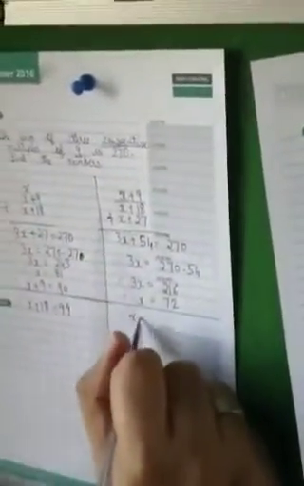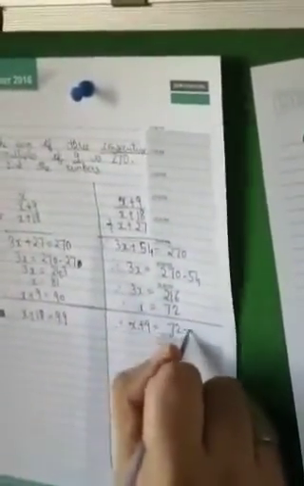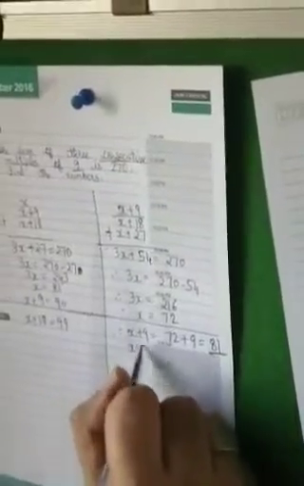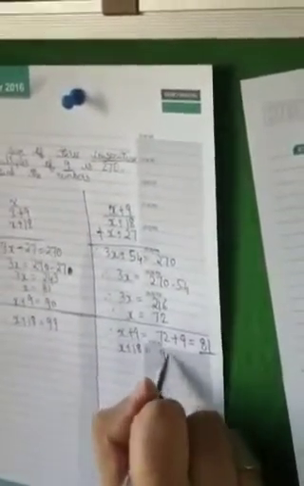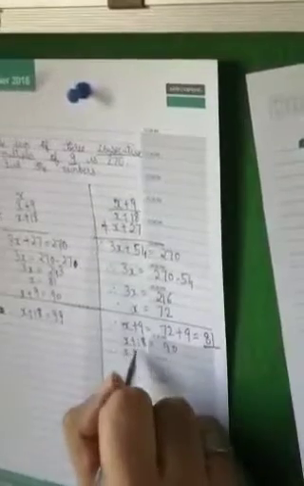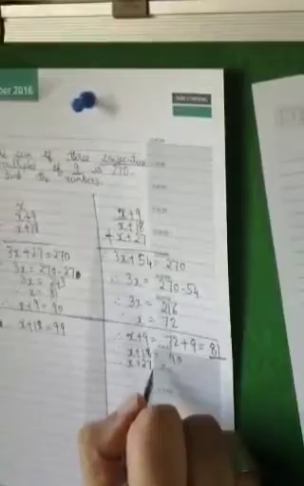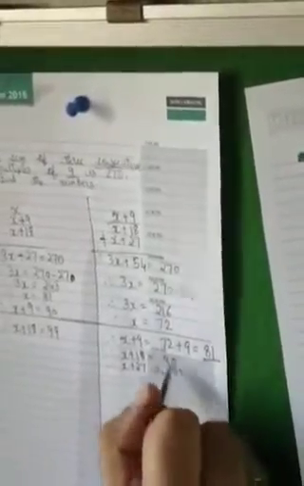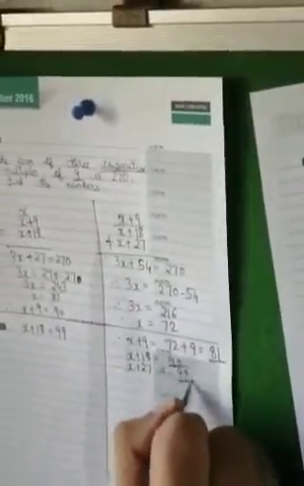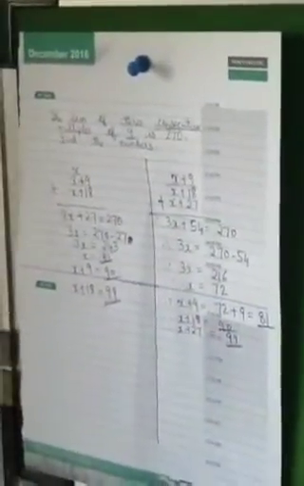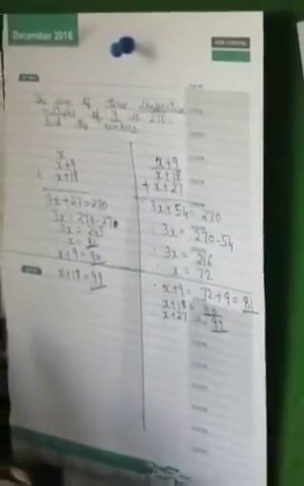So what will the first number be here? x plus 9, so it will be 72 plus 9, which is again 81, the same as we got earlier. Then the next number will be x plus 18, which becomes 90, and x plus 27, which becomes 99. So my three numbers are 81, 90 and 99. Whichever way I solve, I get the same answer. So these are the two methods of solving the same sum.